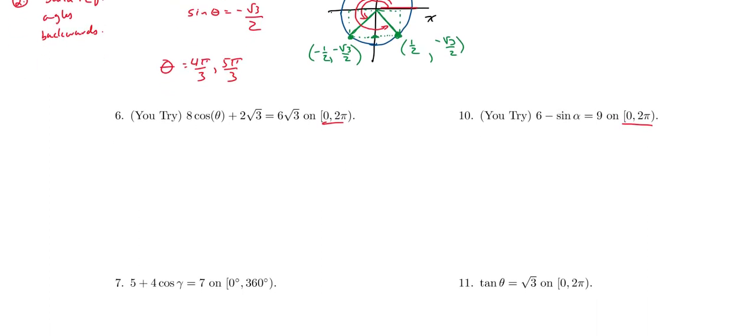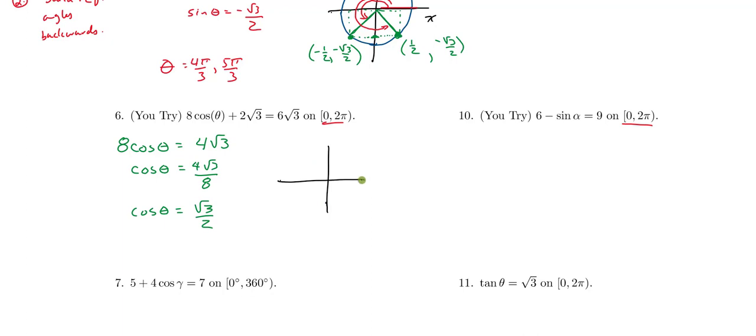So hopefully what you did when you tried this was you went to isolate the trig expression. So this would give me 8 cosine of theta would be equal to 4 square root of 3. Dividing both sides by 8 gives me that the cosine of theta is equal to 4 square root of 3 over 8, which is the same thing as the cosine of theta is equal to the square root of 3 over 2. Okay. So then the next trick is I'm going to draw myself a unit circle, and I'm going